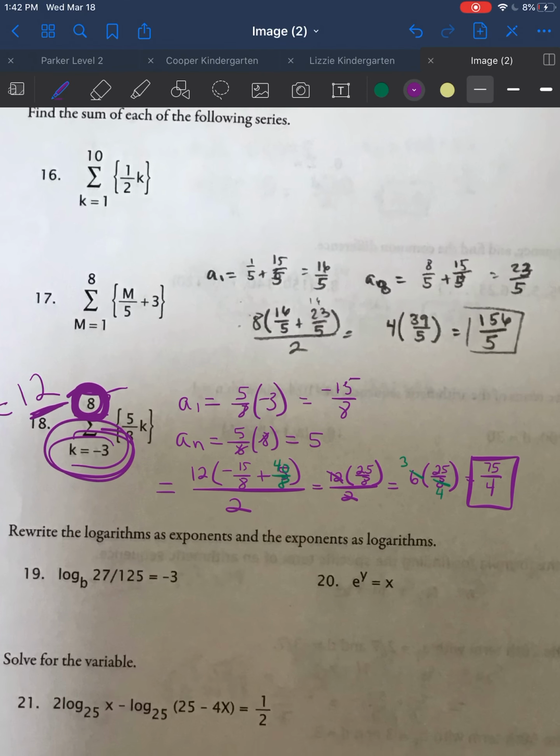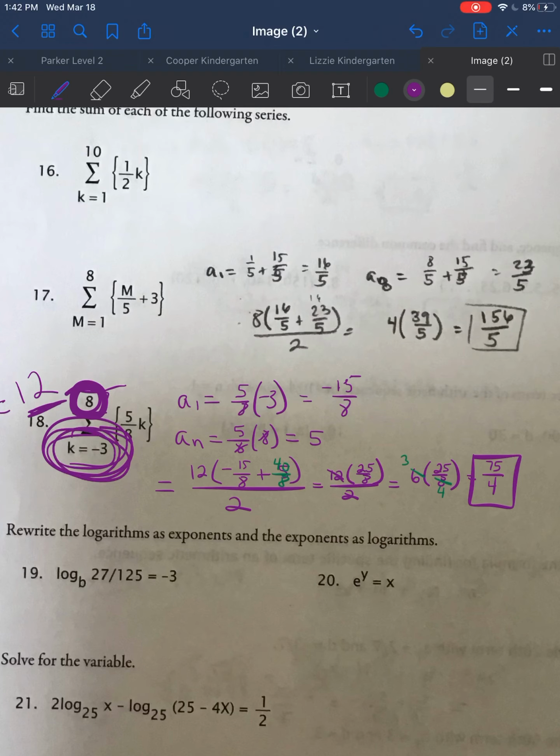Okay, so when you see your index, your starting value, is not a 1, you're going to need to figure out how many terms are in your series in order to find this n value that goes into your formula. As long as you pay attention to that, you'll be great. You still use the top number when computing the value of your nth term, but you need to figure out the total number of terms to put into your formula. And that's how you can bypass using that weird a sub 1 plus n minus 1 times d formula throughout every single problem. So hopefully